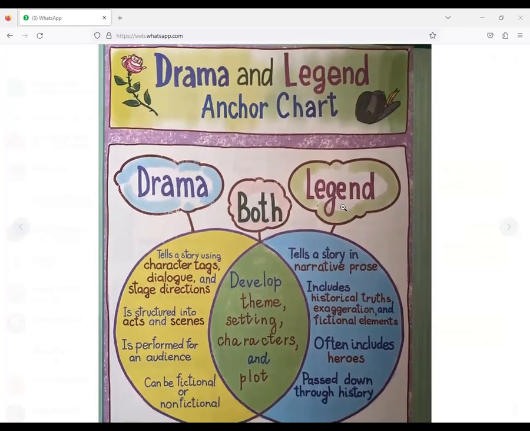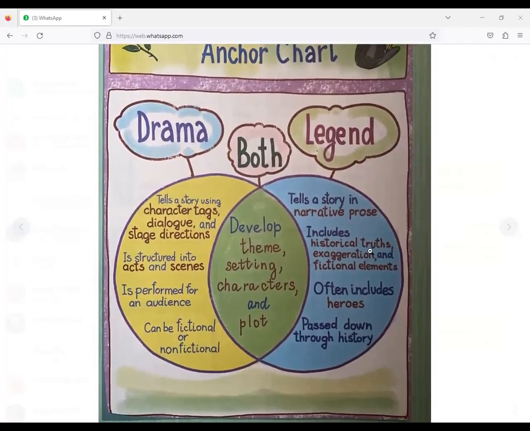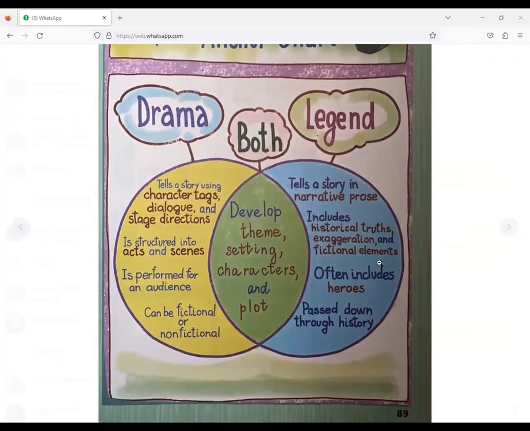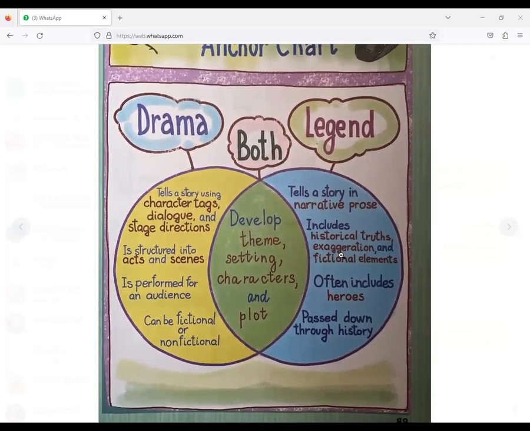So in a legend, you're going to see historical truth, exaggeration, and fictional elements. Do you know what exaggeration means? Exaggeration means a statement or description that makes something seem larger, better, worse, or more important than it really is.